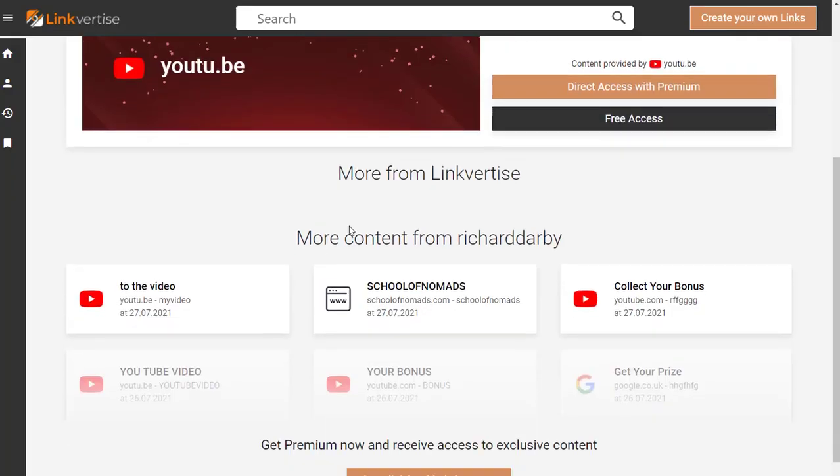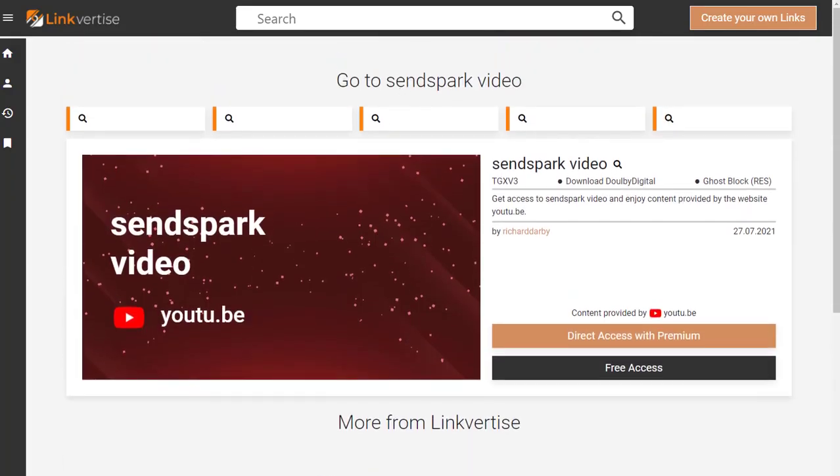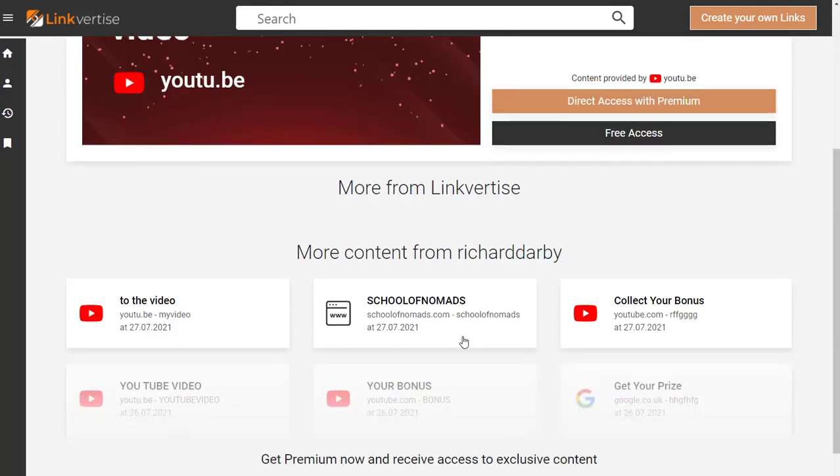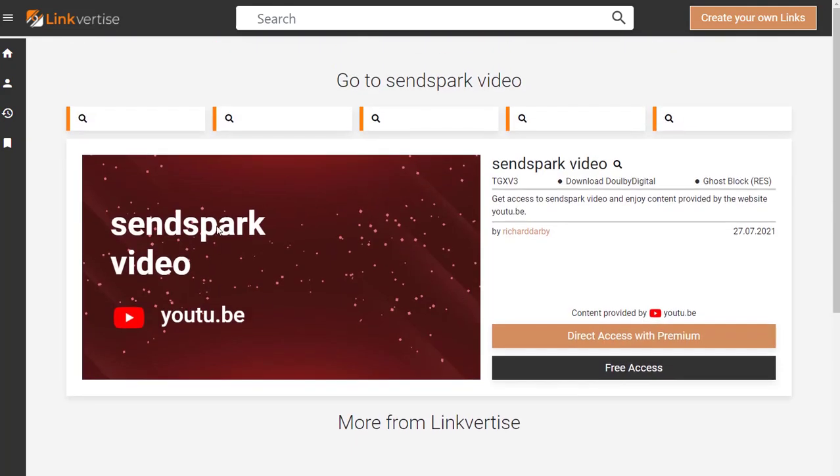So that's what the blank one would look like, and then it's just a case really of going back through the settings and having a look how much information or how much additional advertising you want on here before people end up going to your final destination. Obviously having it this blank means you wouldn't earn any money.